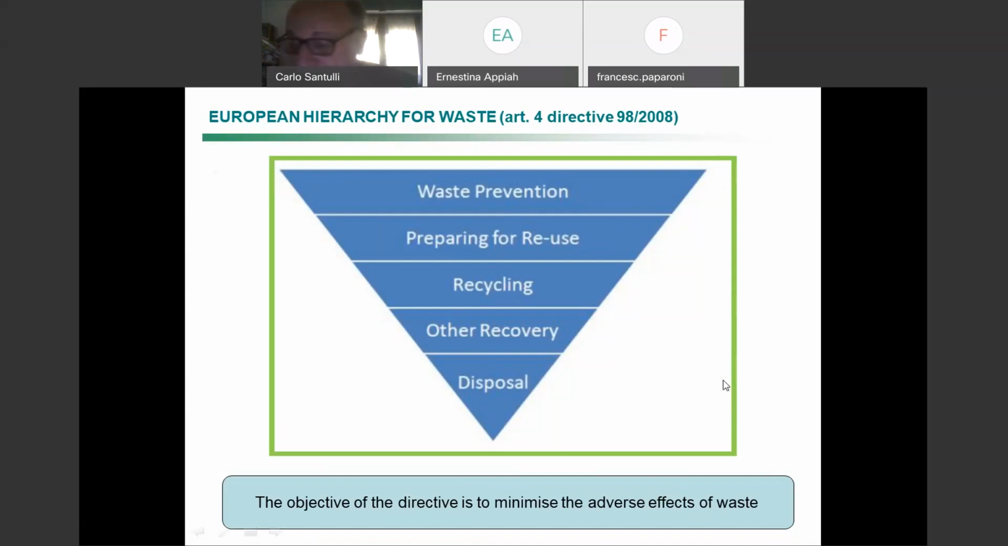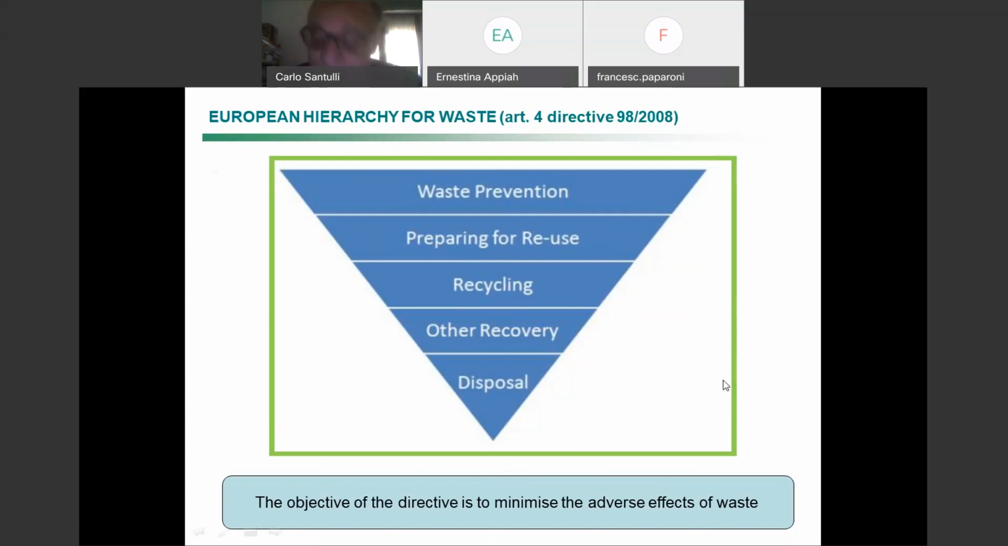Other recovery means that you can usually recover the energy. So you might have other ways of recovering. You can burn and recover energy. With that energy, you can heat water, as I was saying before, and produce some other kind of energy, transform into some other kind of energy. Disposal needs to be avoided